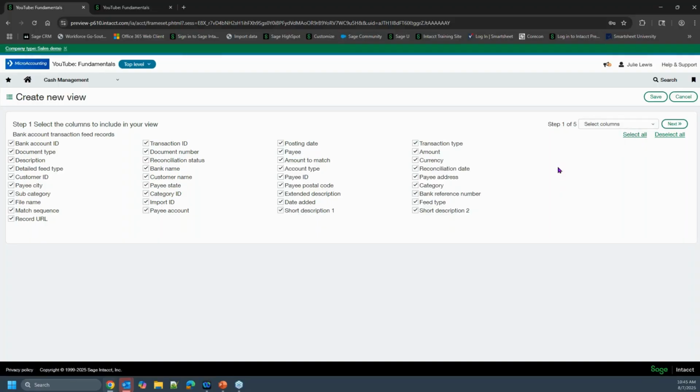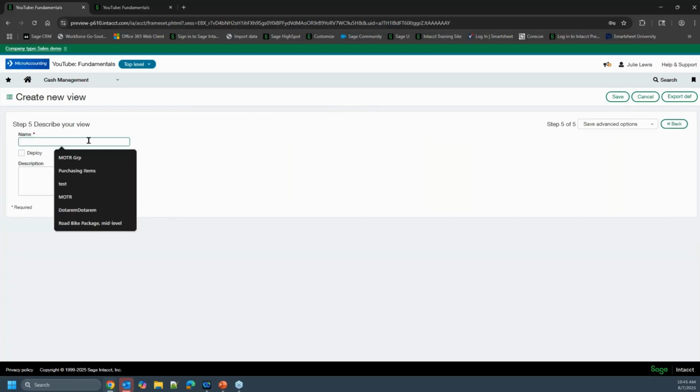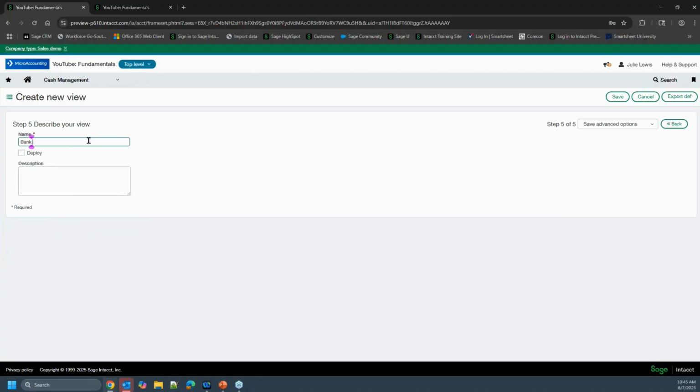So if I select all and then save it, I'll just call this something I can remember, bank with all fields. If I would like anyone or everyone to see this, I'll select deploy. If I leave that unchecked, I'm the only one who would see this view, and I'm just going to save it.